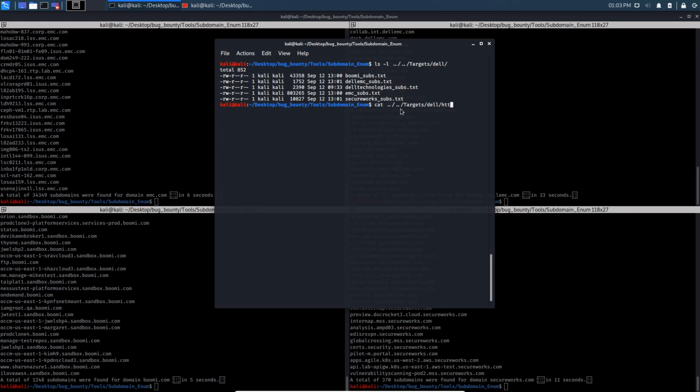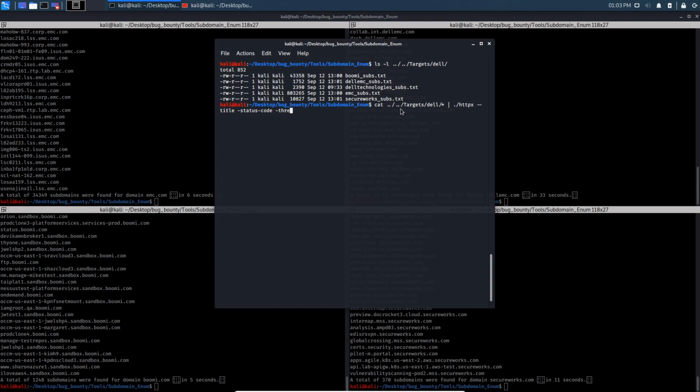Let me now pipe the output of all the subdomains saved as txt files to httpx. Let's also provide the status code and title options along with the threads option to httpx so that we get the corresponding status codes and titles of each subdomain.